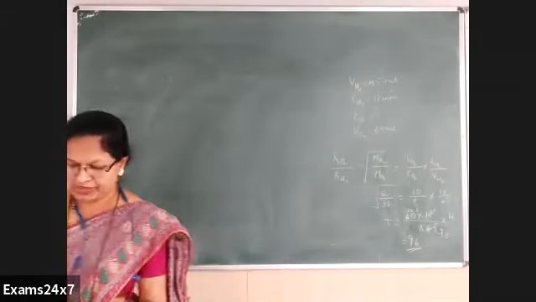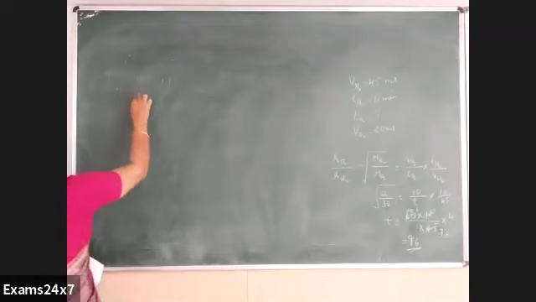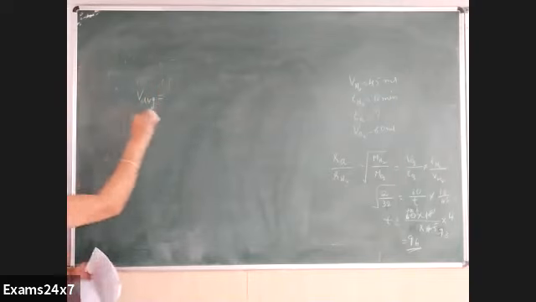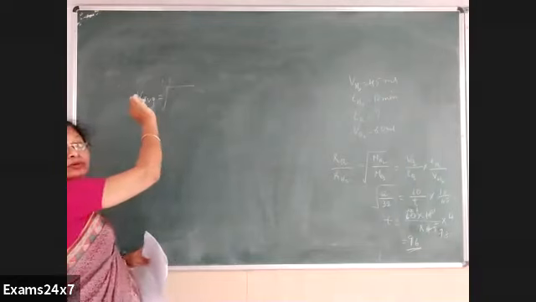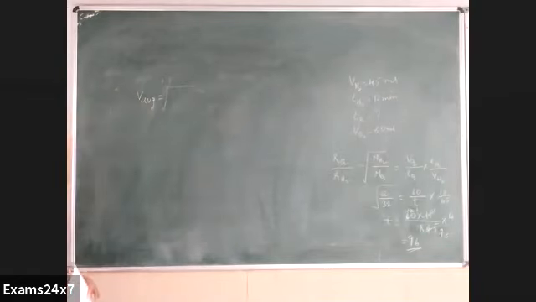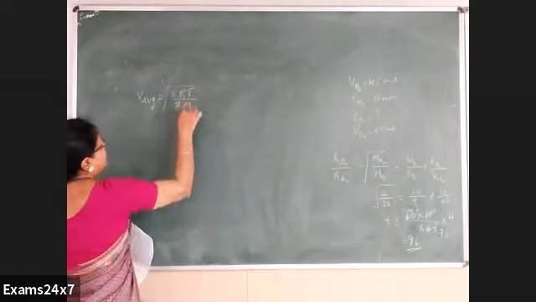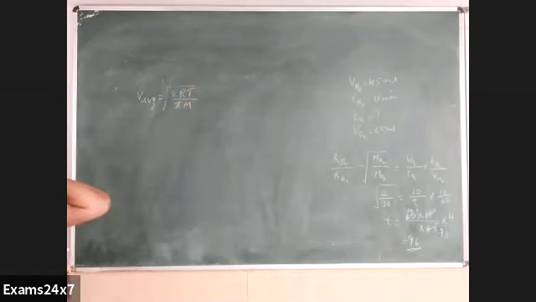At what temperature will the average speed of methane have the same value as oxygen at 450? Average speed. What is the V average formula? Square root of... average. 2RT by M is the most probable. Average is 8RT by πM. No problem if you take 2RT also, because here we are taking the ratio. It will not make any mistake. But the right formula is this one.